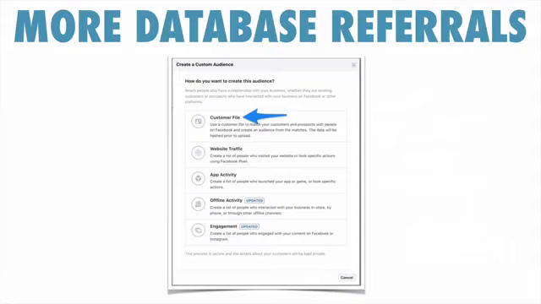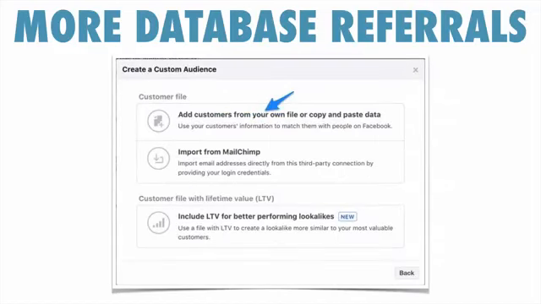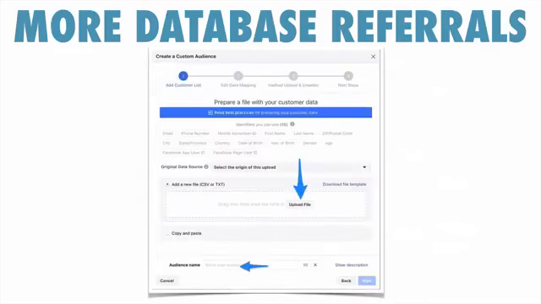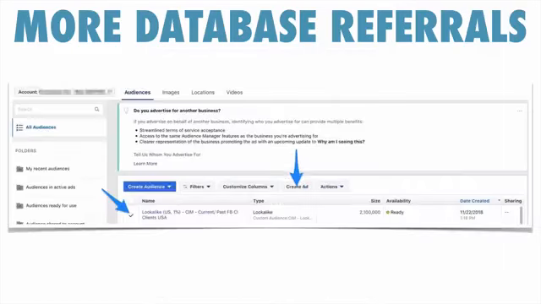Then you're going to go back through the same steps and click on website traffic and add the people that land on your website. Then you simply add the customers from your database file. And that database file just has to have name, phone number, and email address inside of it. Pretty simple stuff. And then you upload the file. It's just like uploading a picture to your computer. You name it so you know who's in the audience. Click Save. It'll take about 48 hours, and then you can go back in and create an ad and show